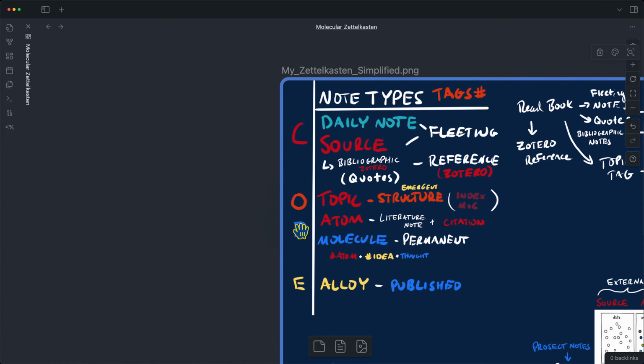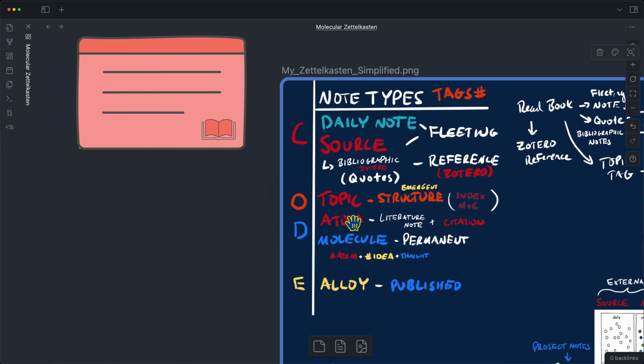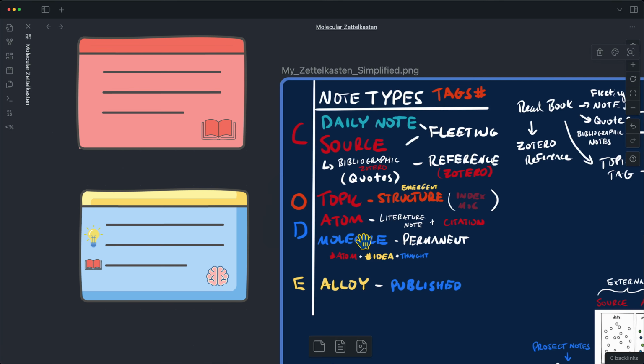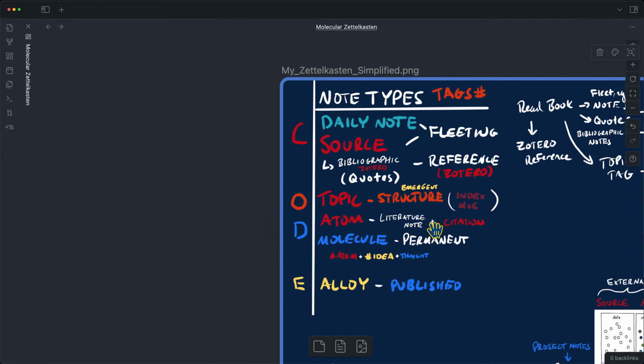And then we have a distillation component where we distill the source material into atoms and then use that distillation to apply our own ideas and thoughts plus the atom to create a molecule, to create a combination of multiple concepts together that form a permanent part of my collection of my main slip box, my idea generation slip box. Then I use these molecules, which are tied back to the citation, to the credibility of the atoms, and I can write and express these ideas or create YouTube videos for them.